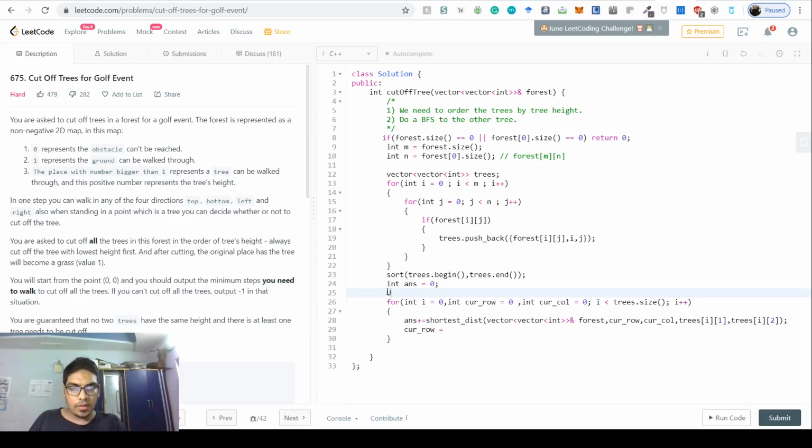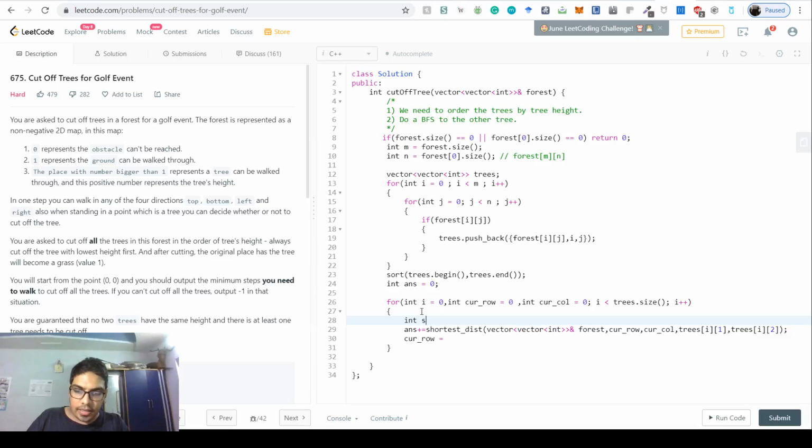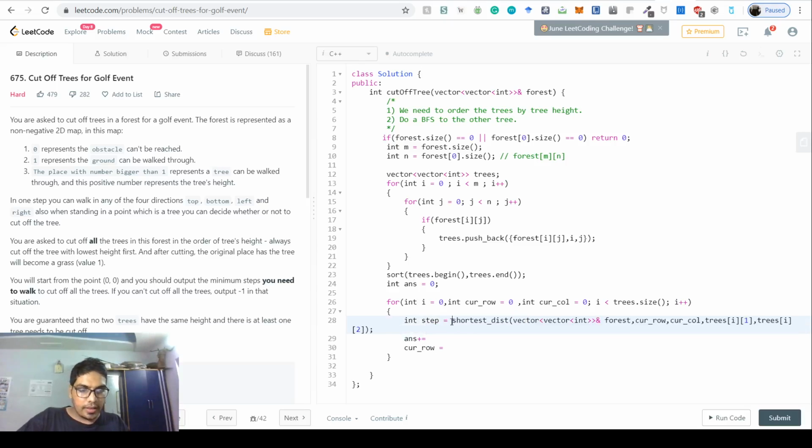So instead of just doing this, we have int steps, or whatever you want to call it, and we will have the shortest distance function here, right? We just cut and paste the shortest distance here. I know it's bad indentation, but it's good for the sanity. If steps equals -1, then this function totally returns -1. The entire function then returns -1, right?